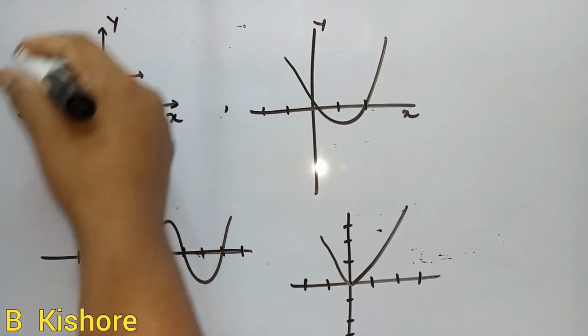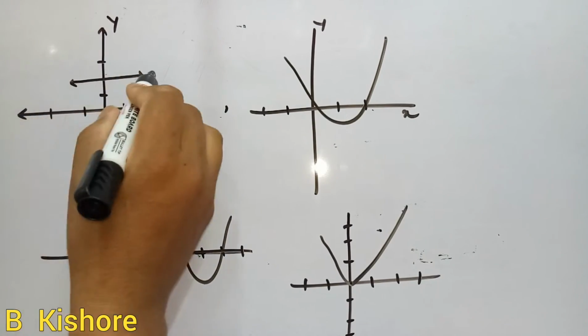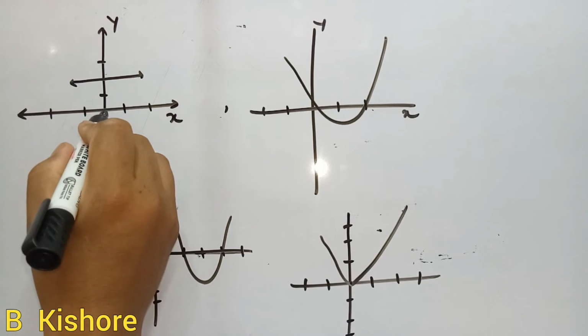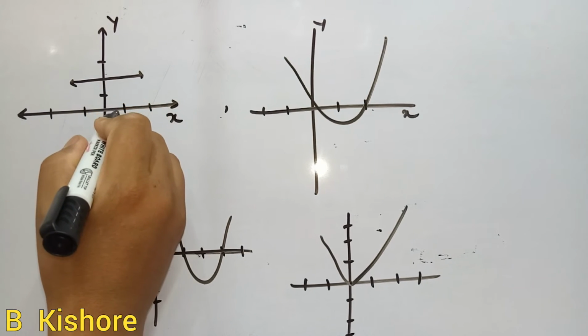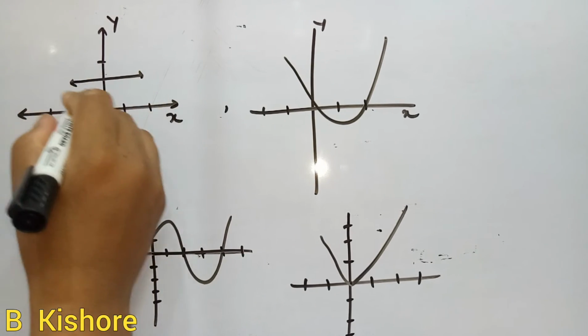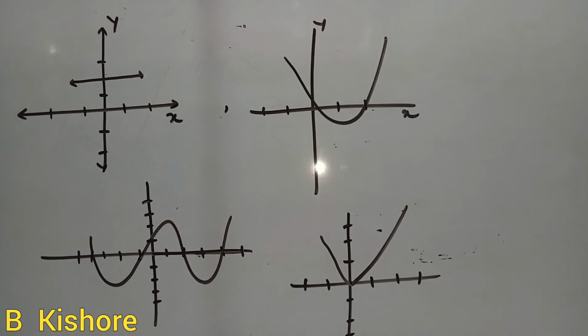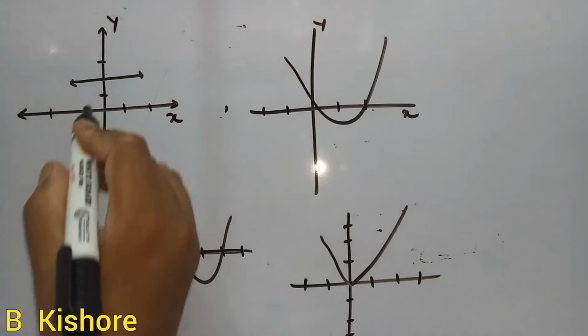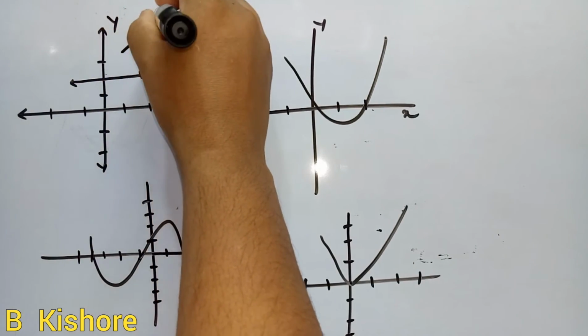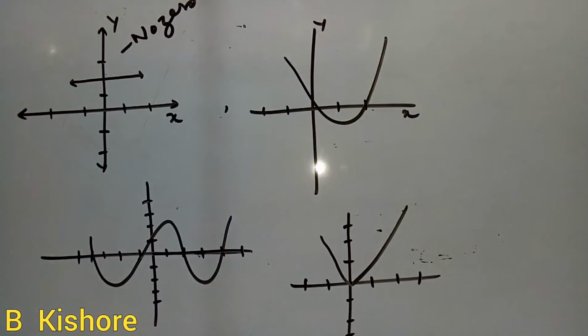Okay, now let us take some graph. Suppose I take this graph. Here the polynomial is this one. This is the graph of the polynomial, and this graph doesn't touch the x-axis. If it doesn't touch the x-axis, that means there is no value of x at which the polynomial goes to 0. It will never go to 0. So in this case there are no zeros. Okay, so you can write no zeros. And how many zeros? There is no zero, and there is no value of 0, because there are no zeros.